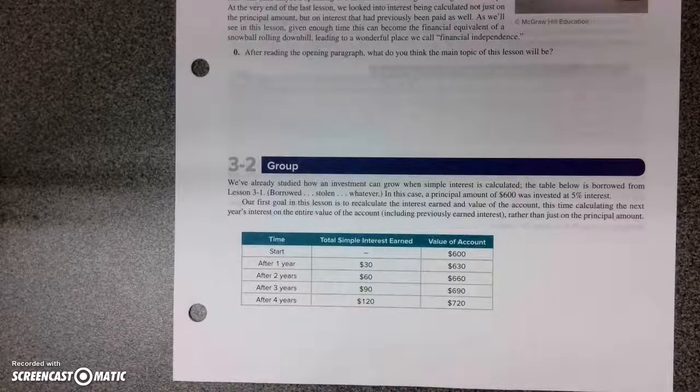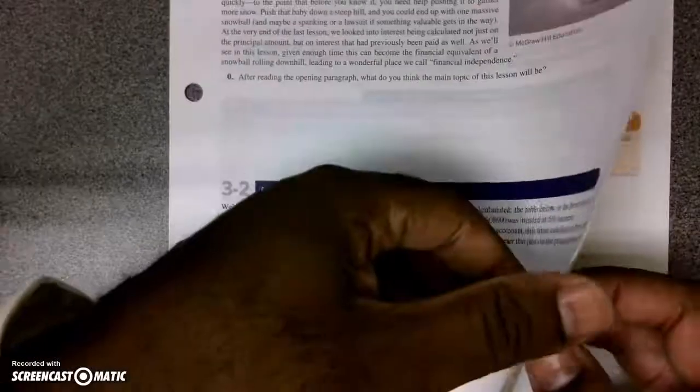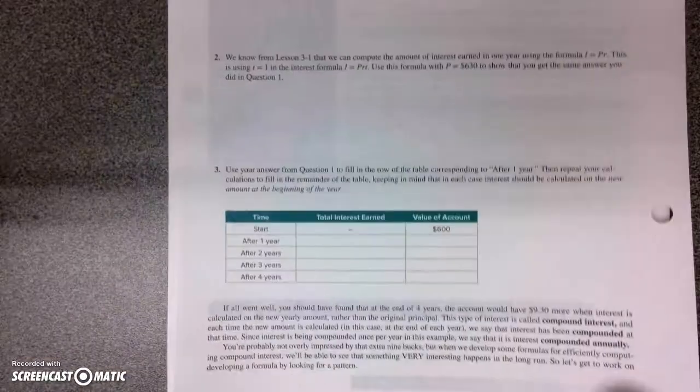The table below is borrowed from lesson 3.1, borrowed, stolen, whatever. In this case, a principal amount of $600 was invested at 5% interest. Our first goal in this lesson is to recalculate the interest earned and value of the account, this time calculating the next year's interest on the entire value of the account, including previously earned interest, rather than just on the principal amount. Okay, so first we will go over problem number